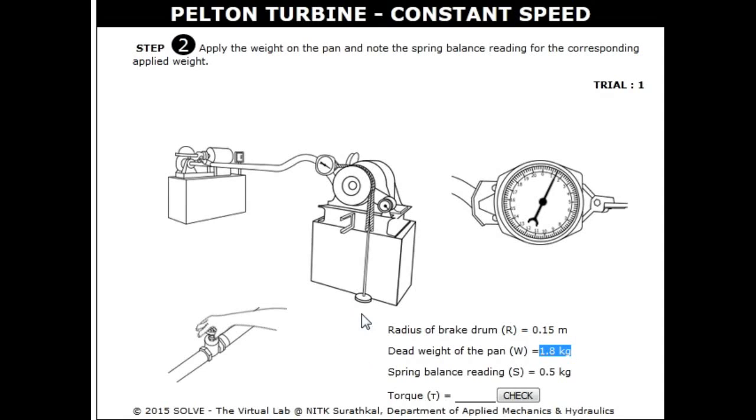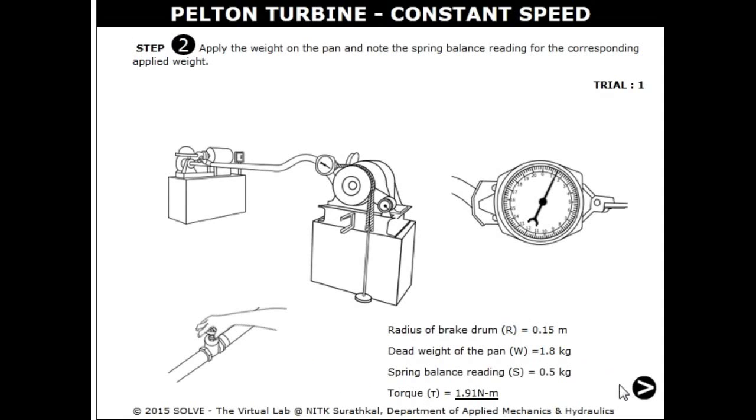Because of this, it applies some resisting torque to the rotation, and that we have to measure, which is nothing but the perpendicular distance times the force acting on the wheel. If we take the product of these two, we will get the answer. We can see that the torque value is 1.91 Newton meters.